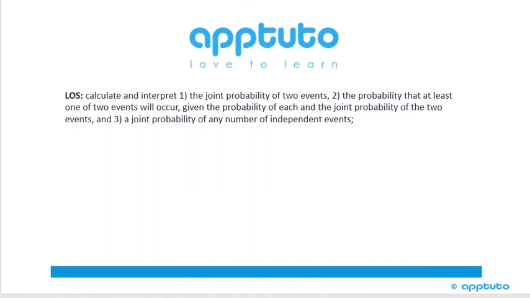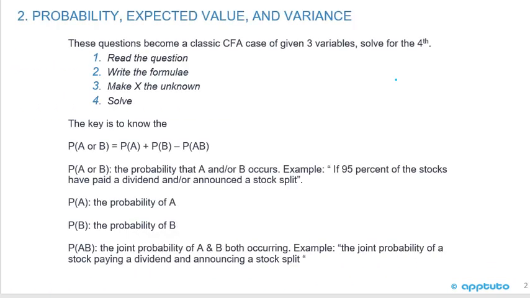This LOS is to calculate and interpret 1, the joint probability of two events, 2, the probability that at least one of the two events will occur given the probability of each and the joint probability of the two events, and 3, a joint probability of any number of independent events. Okay, success on these types of questions is that they become a classic CFA case of given 3 variables,